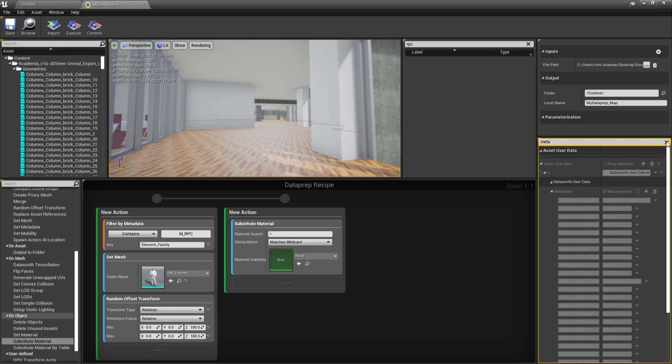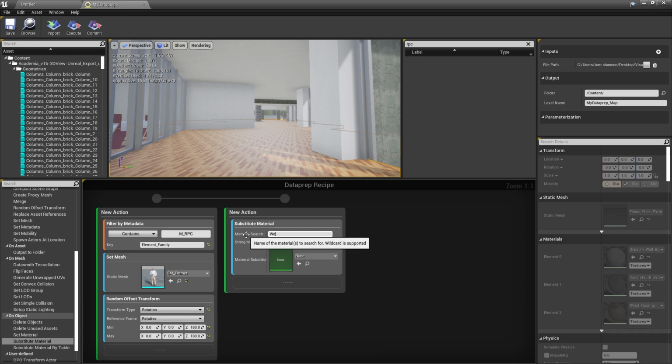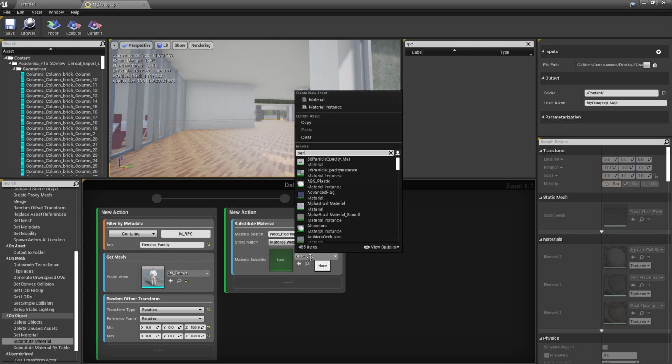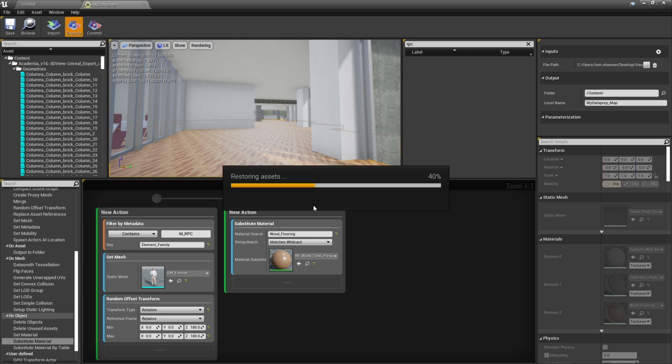I'm going to click the wood floor. I'm going to take a look and see that the material I want to replace is called wood flooring. So we'll say wood flooring. And we want to replace that with this nice parquet material that we've got. Let's go ahead and click execute and see how that works.